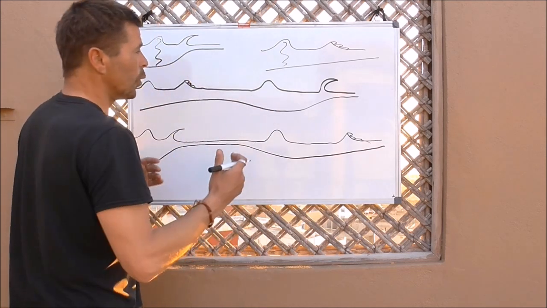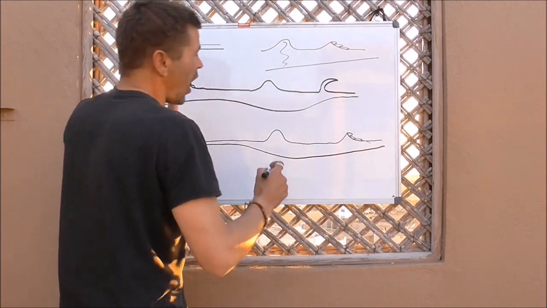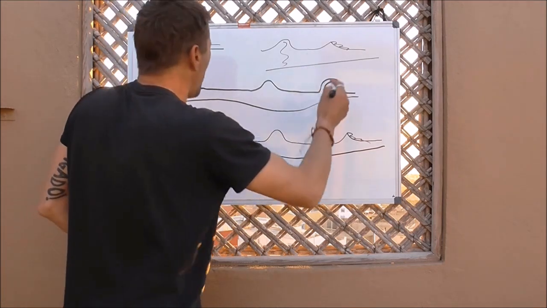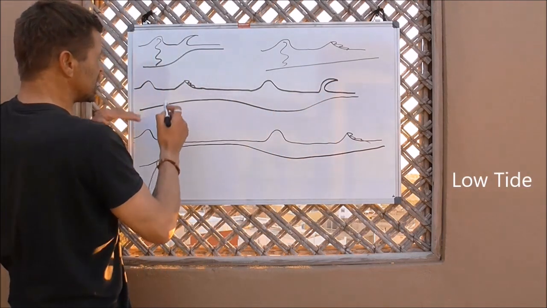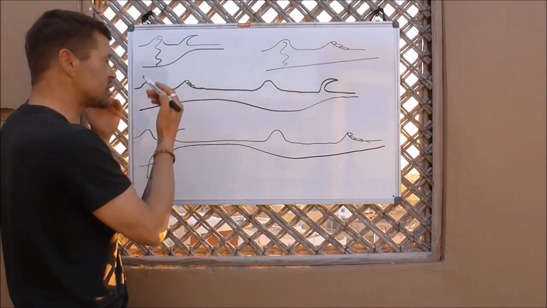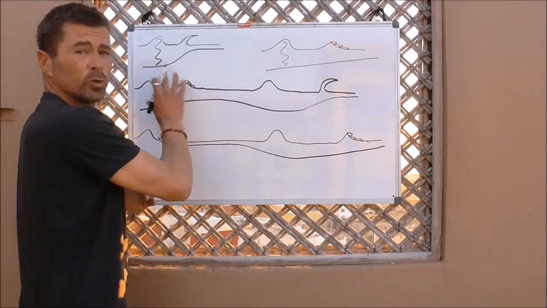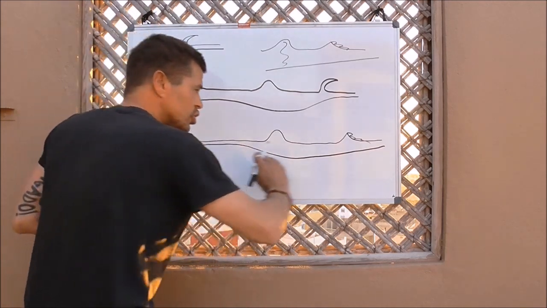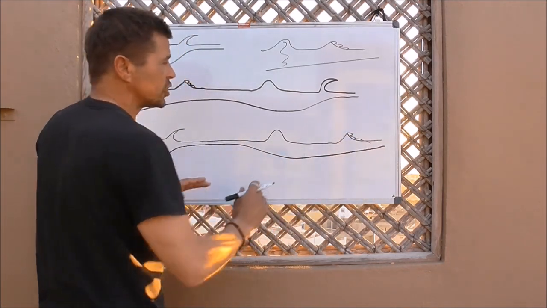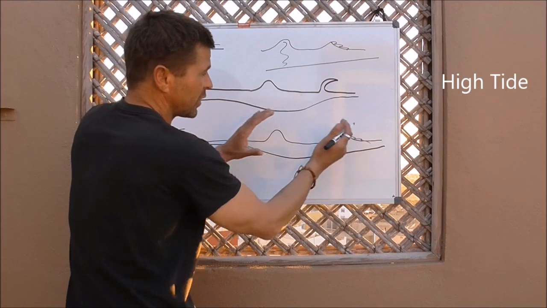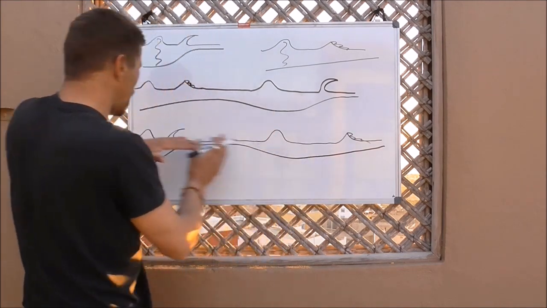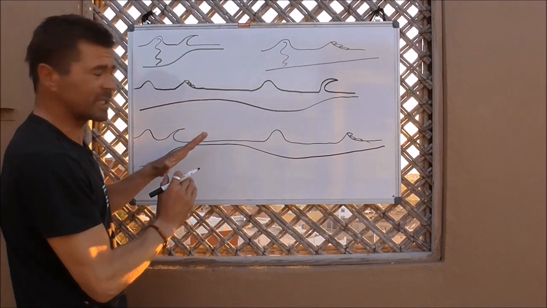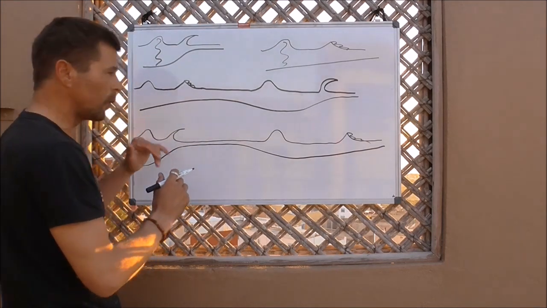And when you turn up at your beach, if you find on the higher tide, your beach has got a very steep, violent wave, but on the lower tide, you actually find you've got a nice soft spilling wave, then this could be a low tide spot. Whereas here, where you've got a nice soft transition to the beach, say for the higher tide where you'll have a nice soft wave, but then on a lower tide the waves are going to be breaking on a much steeper transition, giving you a hollow dumping wave.